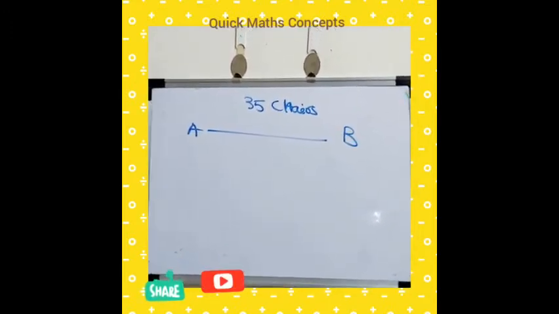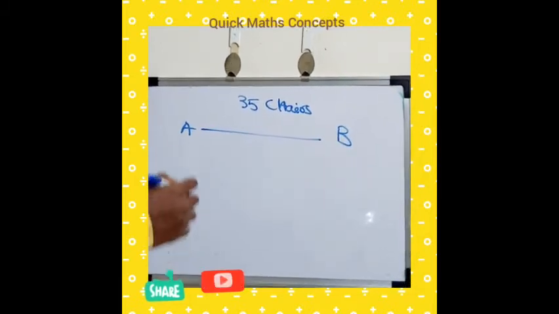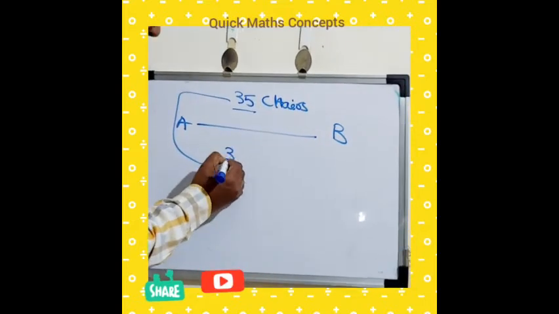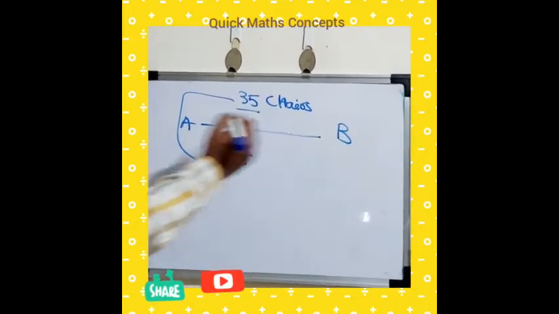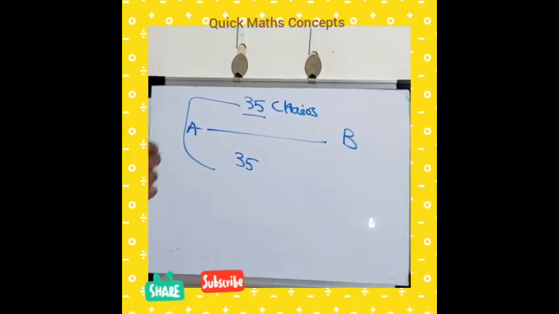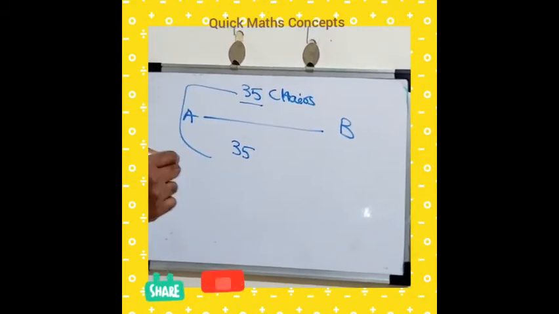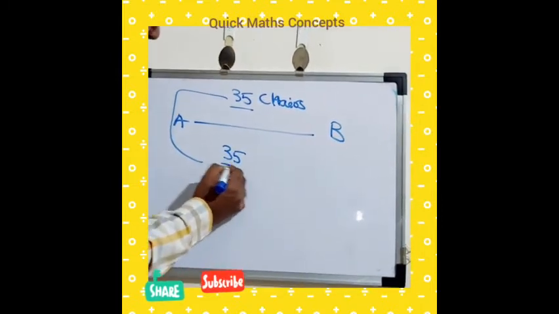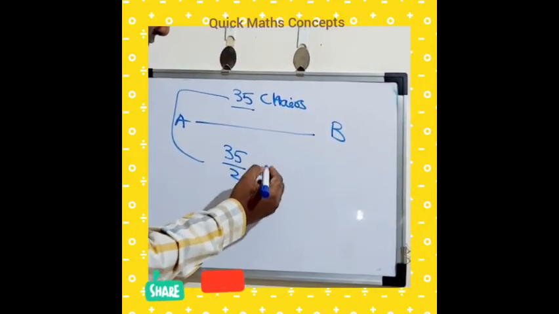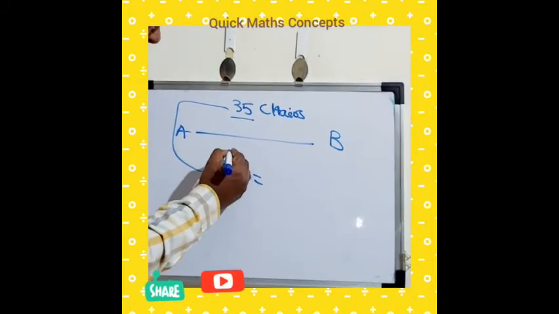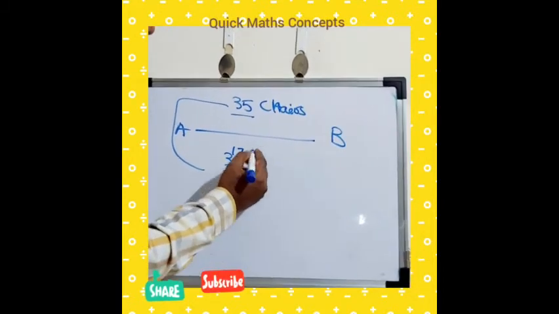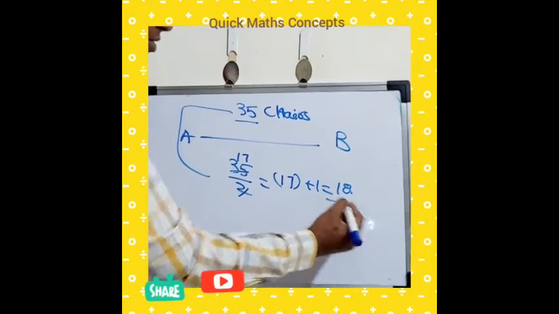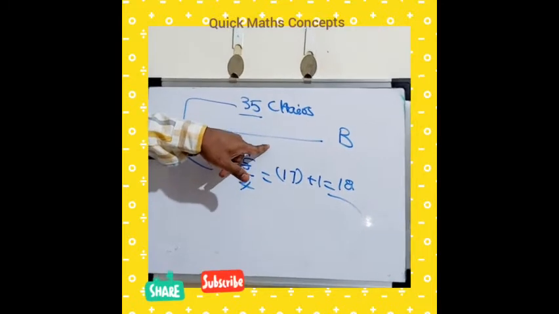Okay. To solve this type of problem, first what we need to know is that the given number is an odd number. Because all the chairs are in sequential order, if you want to solve this problem in less than 30 seconds, note that the given number of chairs is odd. So divide it by 2. When you divide 35 by 2, 2 17s are 34, and what is the remainder? 1. So the quotient plus 1, that is the 18th position, is the middle position where Madhu was seated.